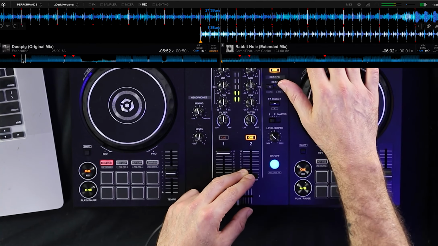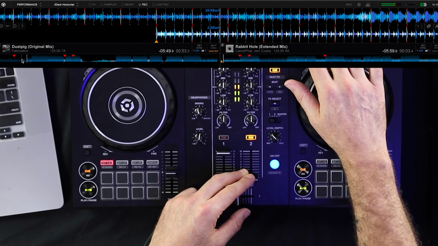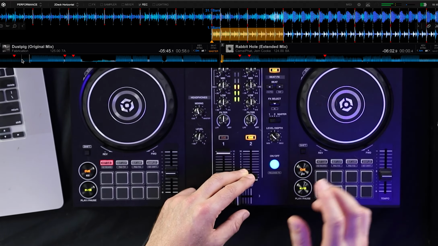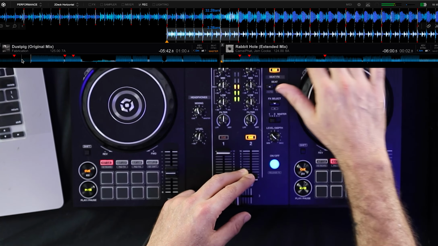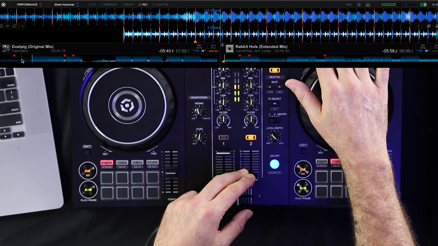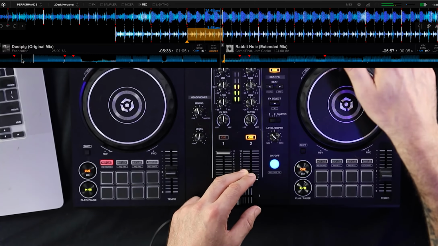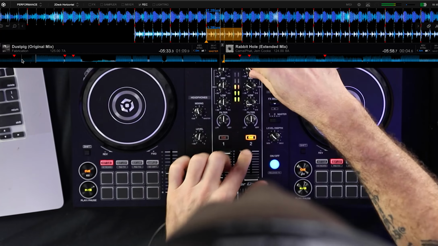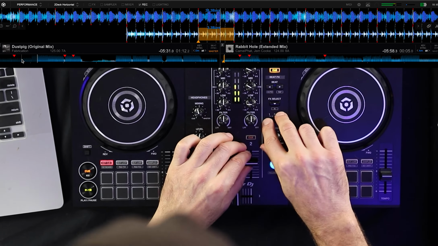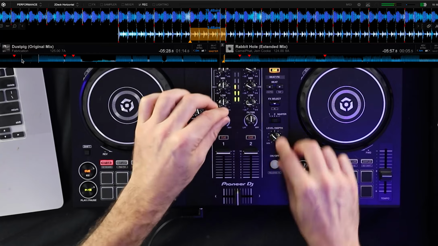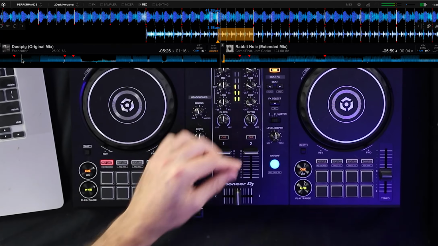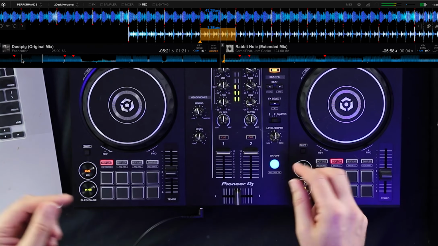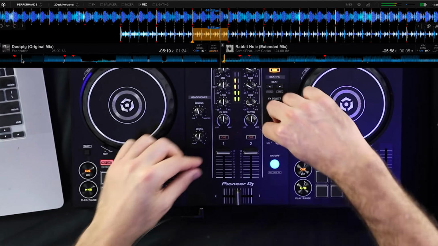Loop 2 bars. Actually, you know what? Maybe I'll get a cleaner loop. Okay, and what I could do is, I could have then the underneath one. Put the effects on that one. And then I'm not messing with the top one. I've just got like a cool beat underneath. And I'm in there and I'm like,